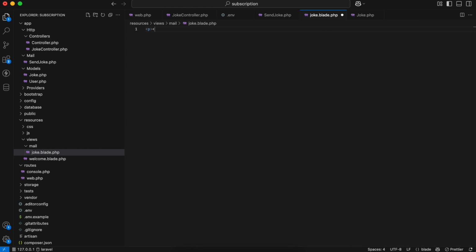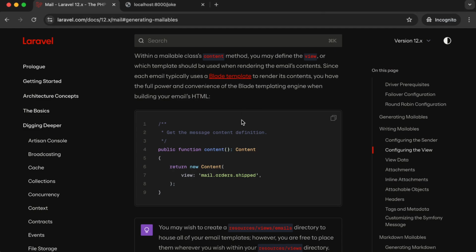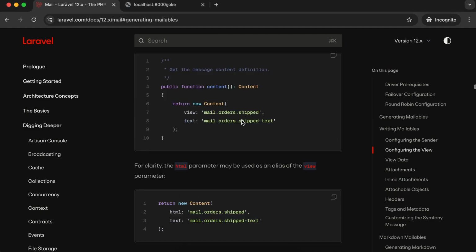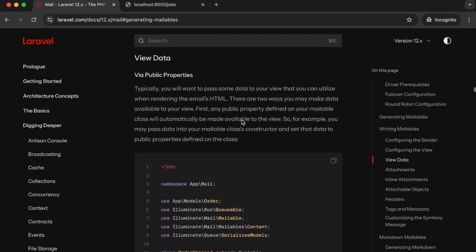So send daily joke, and we will later on replace this send daily joke with the dynamic content. Okay, and let's move to the documentation again. And once that is done,